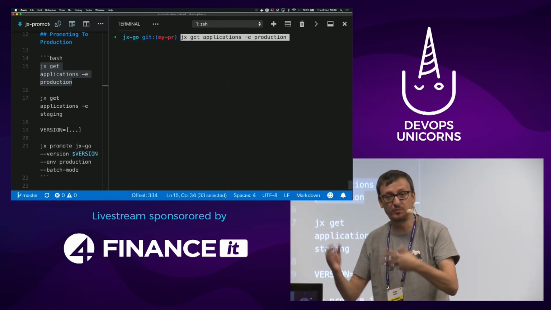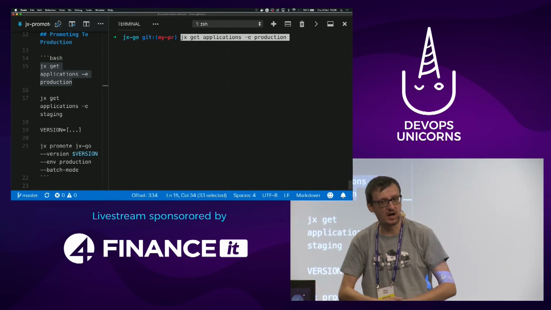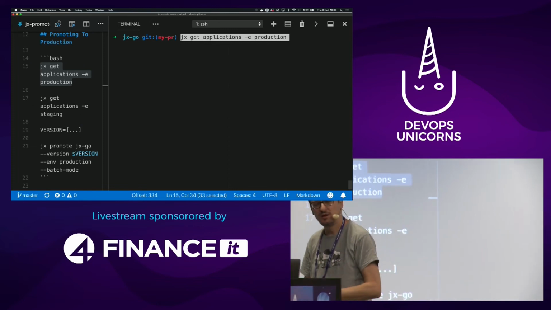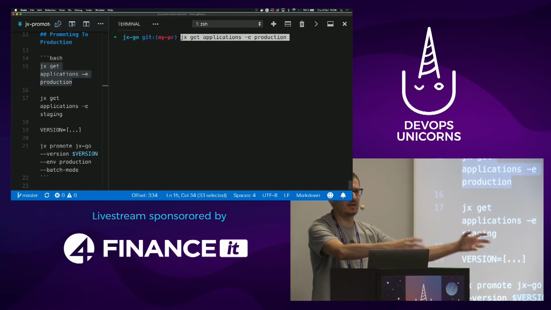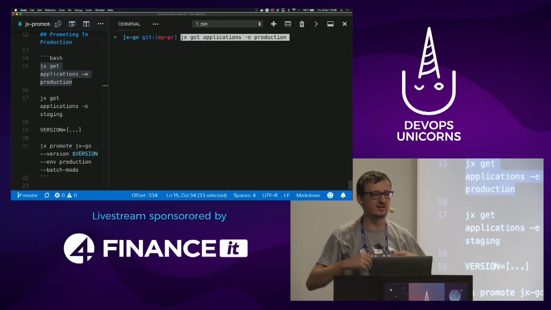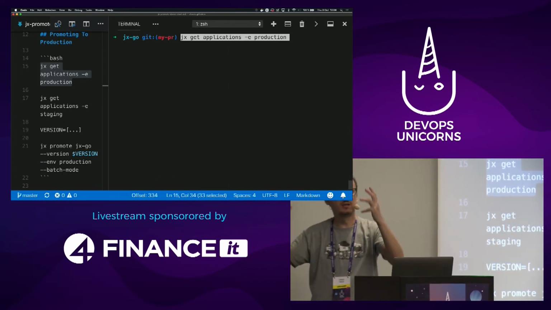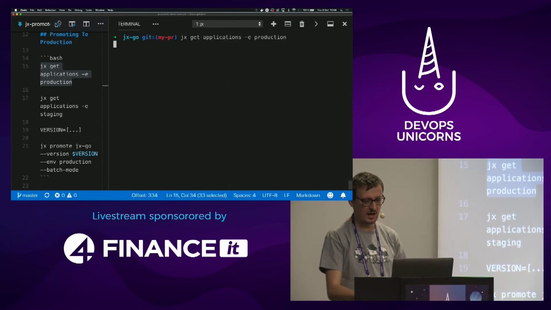I saw the pull request deployment in action. I did everything I need to do. I merged the pull request to the master. It was deployed to staging. Somebody else can test it there, do whatever, and now we're in a final stage and say, okay, I'm ready to deploy this to production. How do we do this?